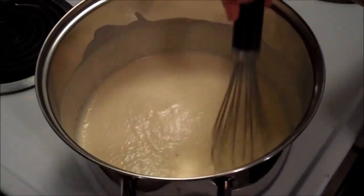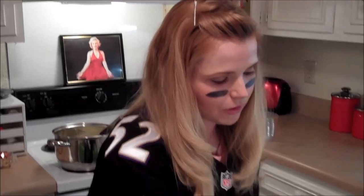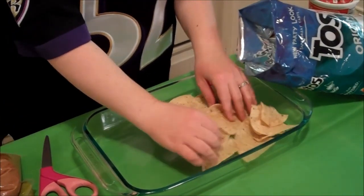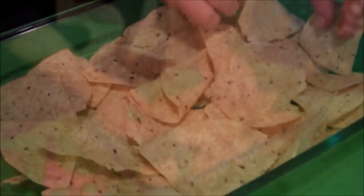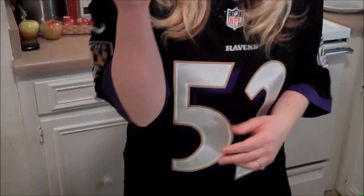Okay, so all the cheese is nice and melted, so we're just going to set this off to the side and start assembling the nachos. First, you're going to take some of your chips and just put a layer at the bottom here. Okay, so once you have a nice little layer at the bottom,